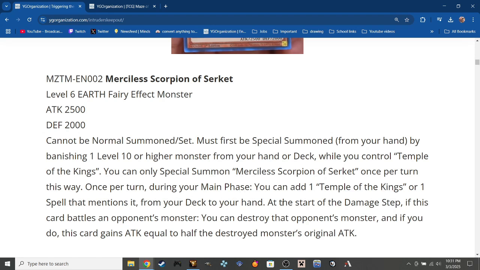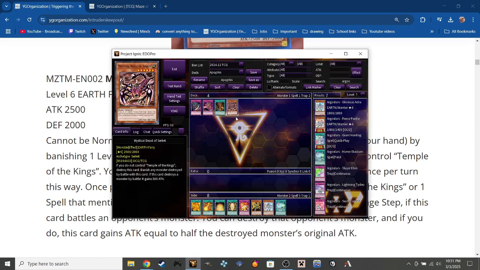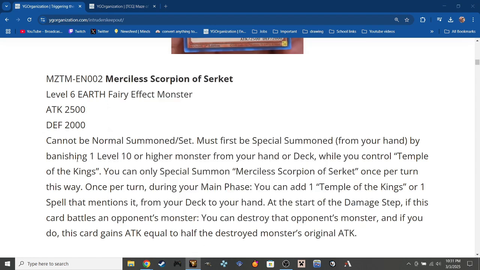At the start of the damage step, if this card battles an opponent's monster, you can destroy that opponent's monster, and if you do, this card gains attack. You will have to destroy the monster's original attack. So this card would be amazing if it just had one more line of text that said this card is treated as the original Mystical Beast of Circuit while on the field. If it just had that,